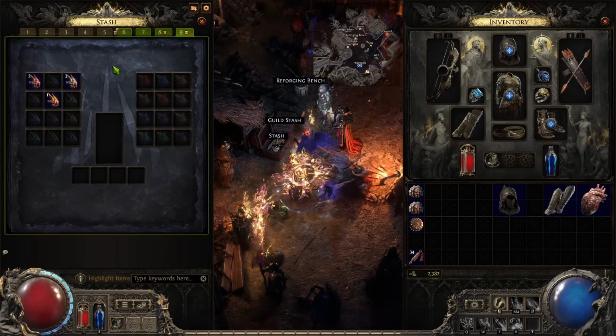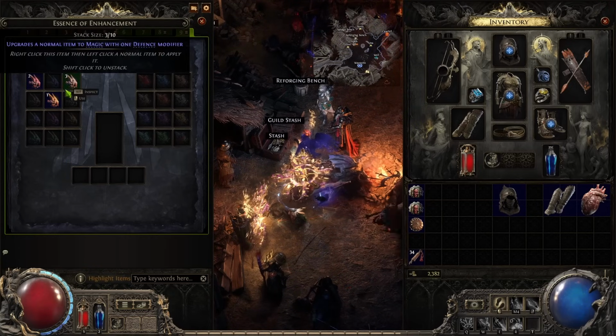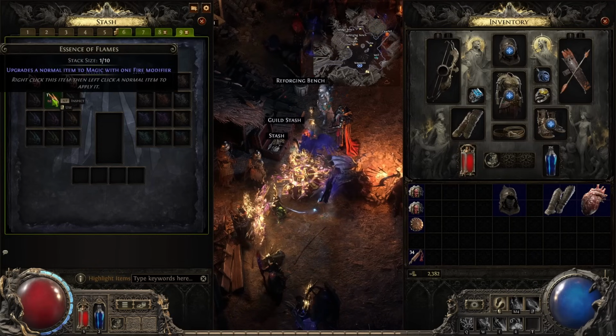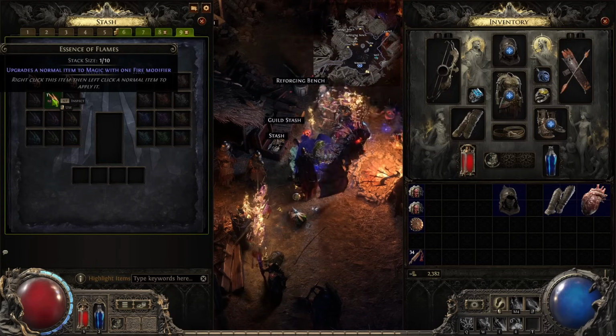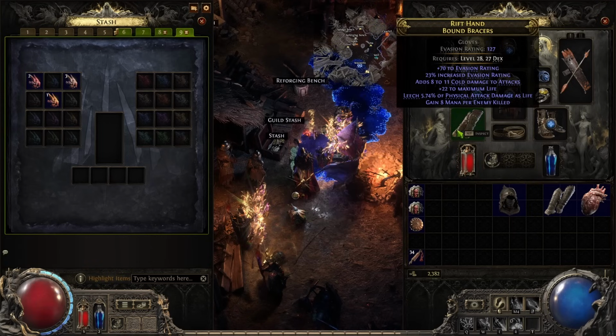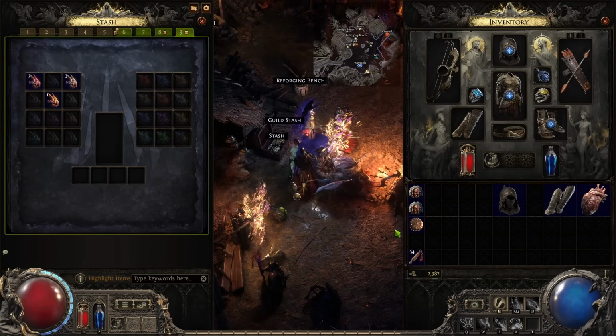Now we can talk about the more deterministic crafting available through the campaign. You're not going to get a lot of these, but you're still going to get some of them, and they're definitely worth using. And these are essences. For example, this one upgrades a normal item to a magic item with 1 fire modifier. So if we have a piece of gear that we want to get fire res on, we can make sure it's a white item, use this essence on it,